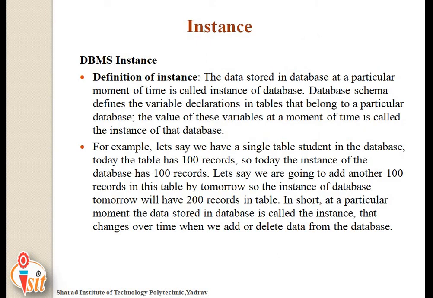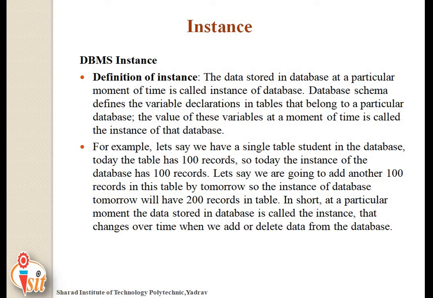And now database instance. What is the definition of instance? These terms, though related, do not mean the same thing. A database schema is a sketch of planned database. It doesn't actually have any data in it. A database instance, on the other hand, is a snapshot of database as it existed at particular time. Thus, database instances can change over time, whereas a database schema is usually static since it is difficult to change the structure of database once it is operational.